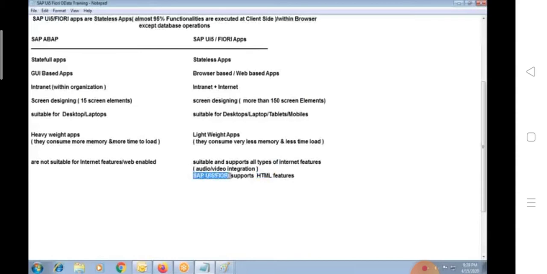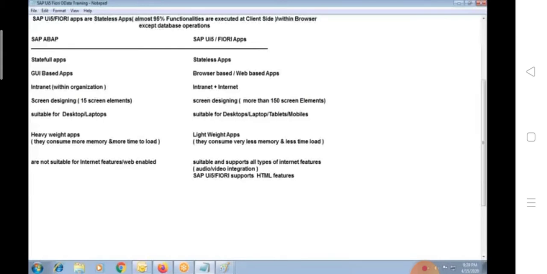The SAP UI5 Fiori framework completely supports HTML features. We don't use all the features, but whichever is required for our business application development can be integrated inside a UI5 Fiori app. For example, audio video integration.